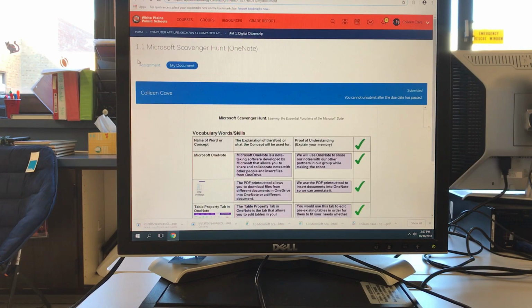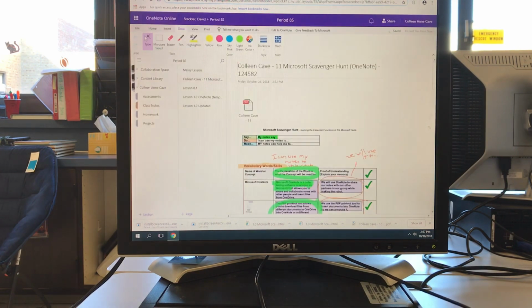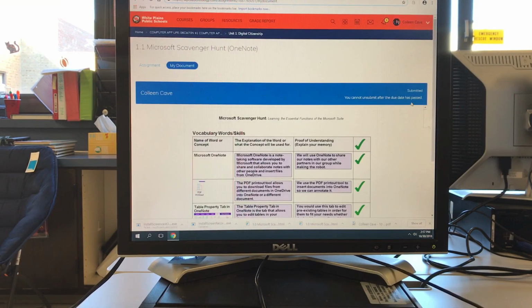So here's a video on how to get a document like 1.1, which has already been submitted in Schoology, which you cannot unsubmit because the due date has passed. So how do you get this into your OneNote notebook over here? So here's how. First thing is you're going to go to Schoology. You'll notice that because of that, we're going to have to get into this document through, instead of Schoology, through